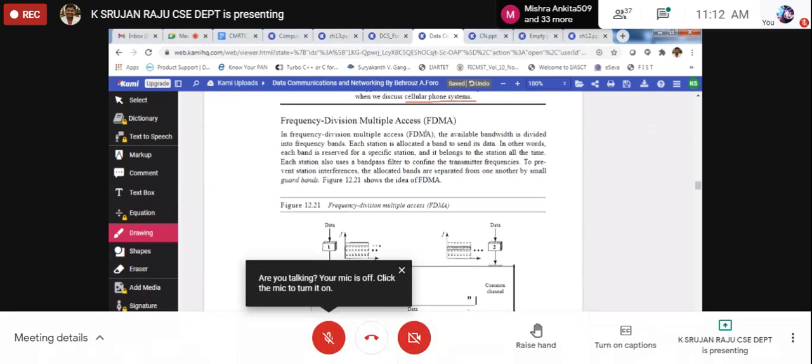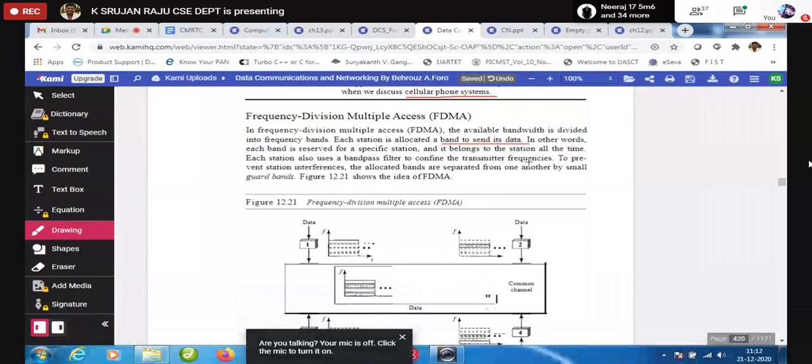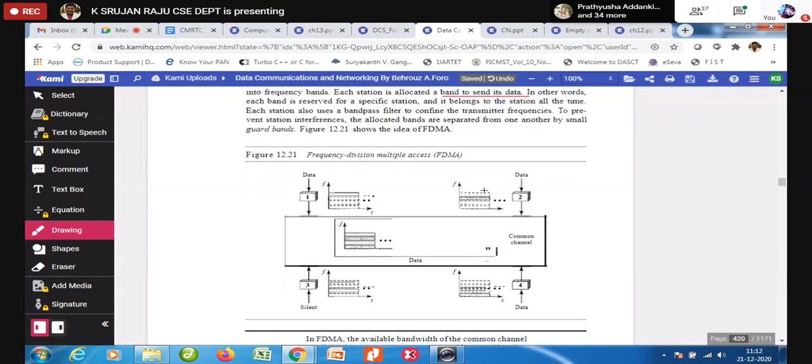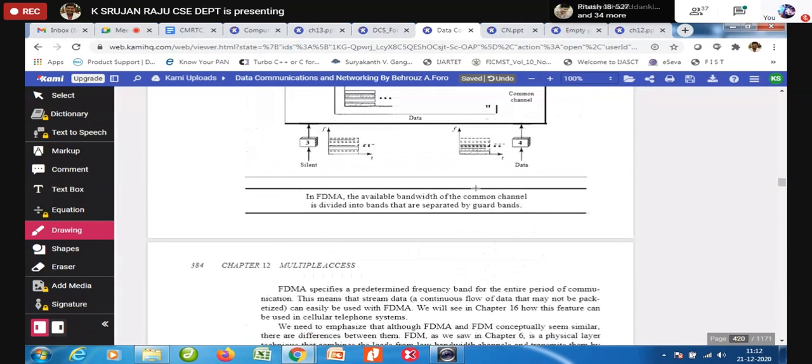But right now you can imagine that each station is allocated a band to send its data, and only in that allocated band can it send the data. These are going to be separated as f1, f2, f3, f4, and they are joined by using the guard band.